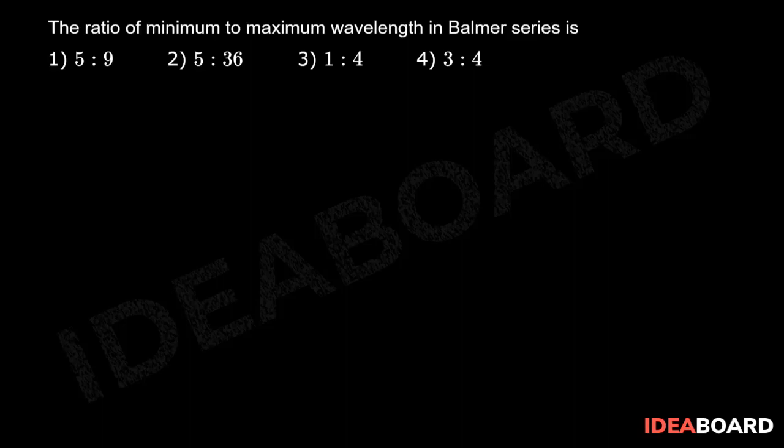The ratio of minimum to maximum wavelengths in Balmer series. So this is a straightforward question, but the trick here is to find out the minimum and maximum wavelengths. Basically they are asking lambda min divided by lambda max, and specifically for Balmer series. This is what we need. Now we know that